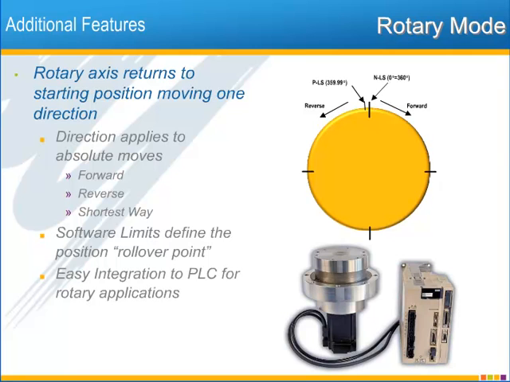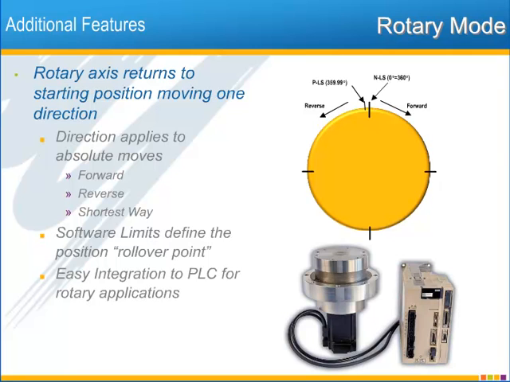Rotary machines require some special attention with indexing applications because positioning can be accomplished by moving in either direction. Consider, for example, a rotary table with positions from 0 to 360 degrees, where 0 and 360 are the same position. You can think of this as the rollover position. Because of this rollover, a rotary load can reach the final position by traveling in either direction. The indexer has a rotary moving mode parameter, PN-B20,